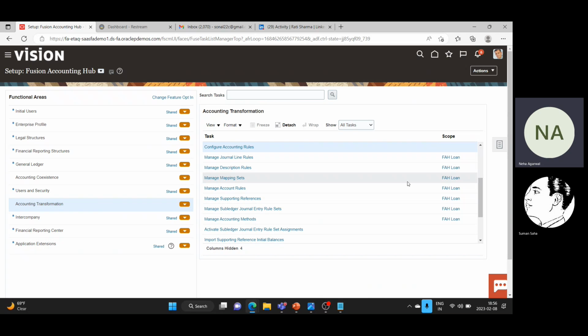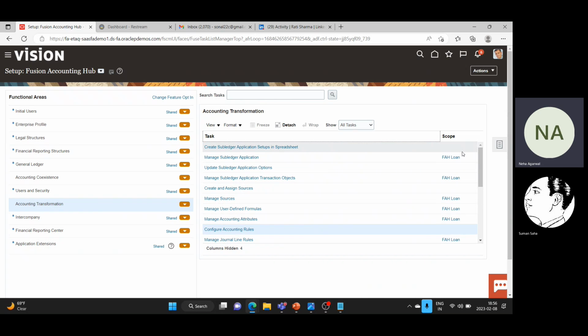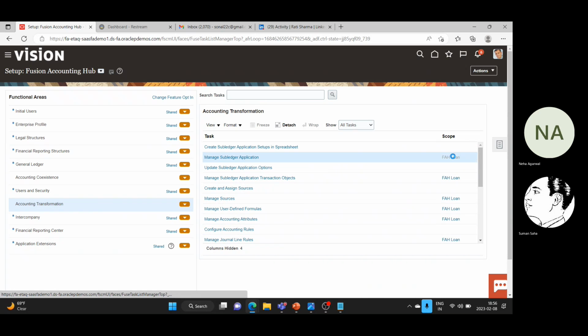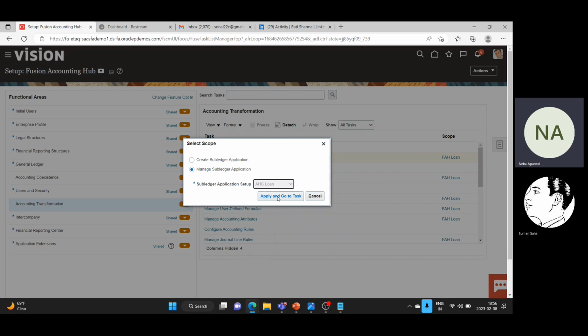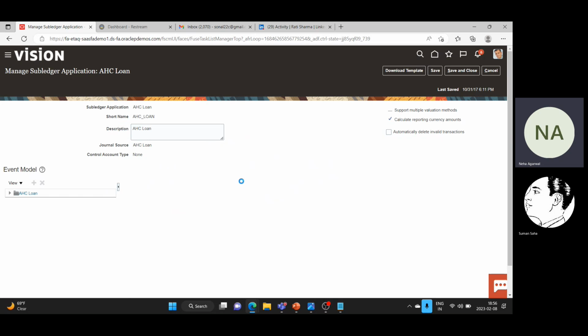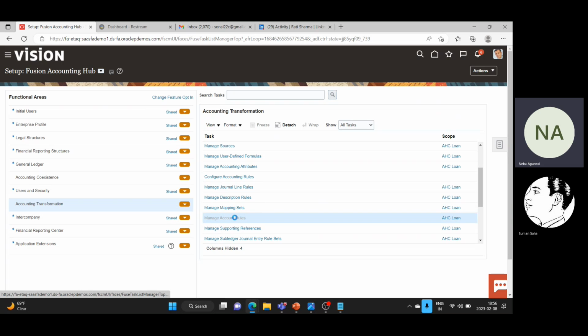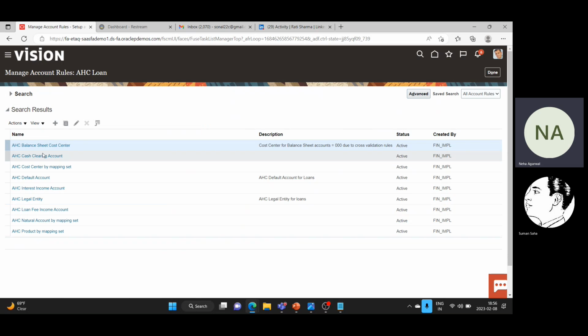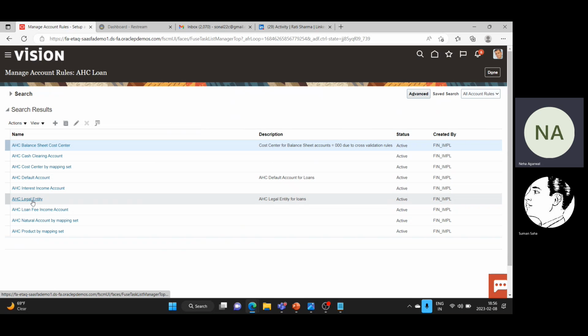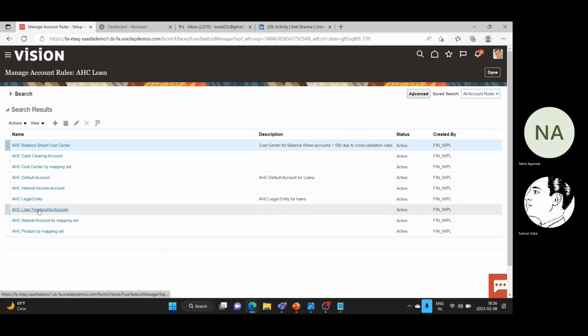Now if I want to see any condition, let me go to AHC loan again. The subledger application AHC loan. We will be seeing the condition part also while creating the account rule. So in the account rule only, I will show you how conditions are applied in one of the created applications. So say if I open